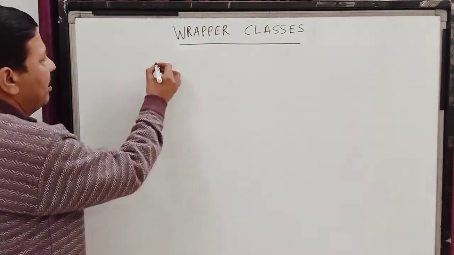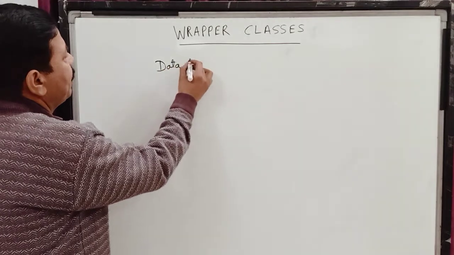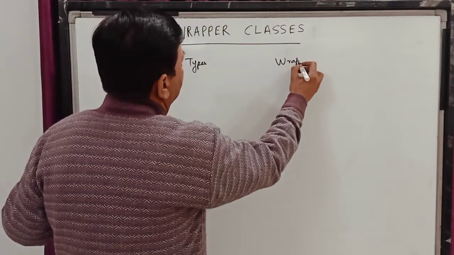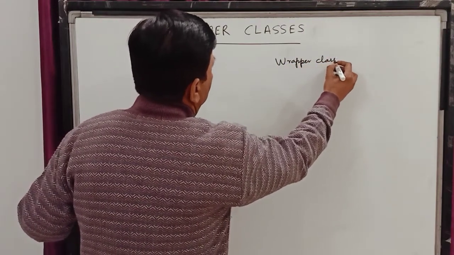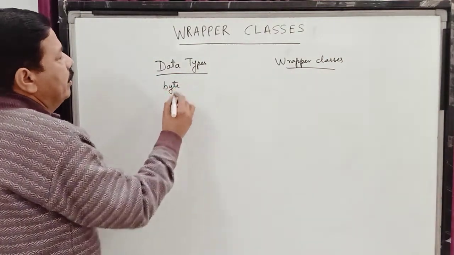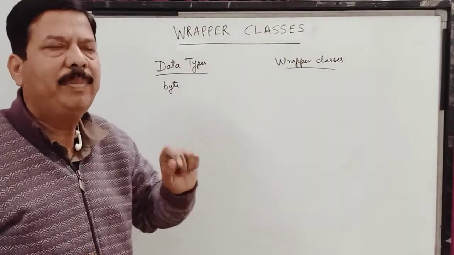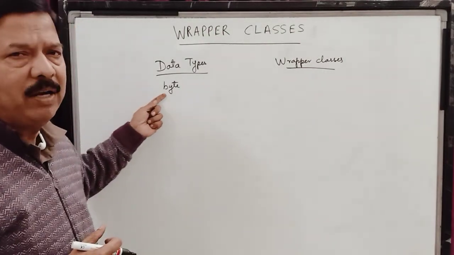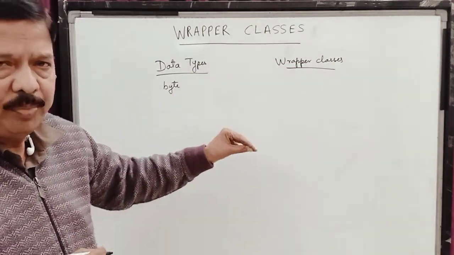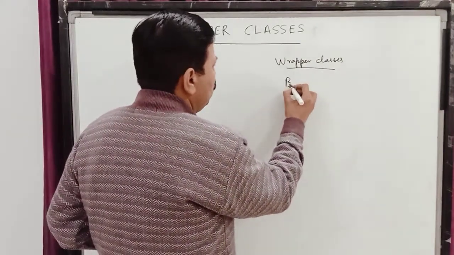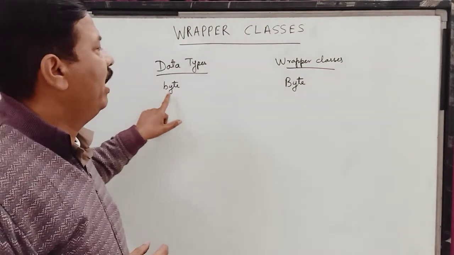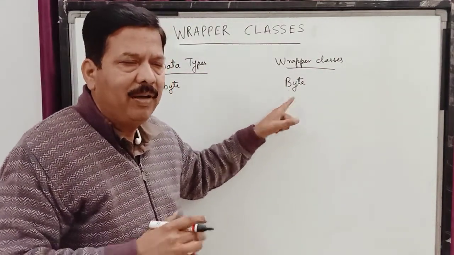And children, when we are talking about data types, we have wrapper classes for all the data types. The first primitive data type which we have is the byte. We have studied it in data types. It is storing 1 byte of data. Now to change this numeric byte primitive data type into an object, the wrapper class which will be used is capital Byte. The difference is that in the data type the b is a small letter, but in the wrapper class the B is capital. Many times we'll be using it.